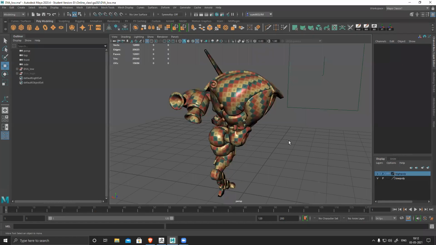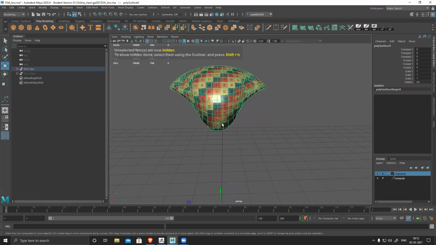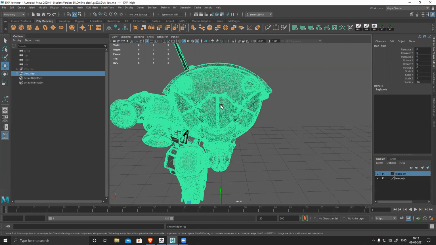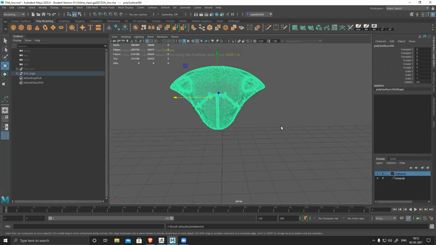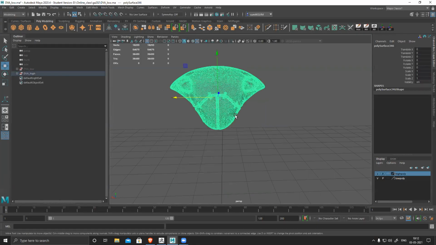Okay, by the time this thing happens, I'll show you. Suppose you want to create that section in the model also, how do we do it? I'll show that process. Shift H, select this, Alt H, just keep the high poly visible while this is working, so why waste time? Suppose you want to create a very specific and crisp shape that matches your high poly perfectly. In that case, how do we create it?